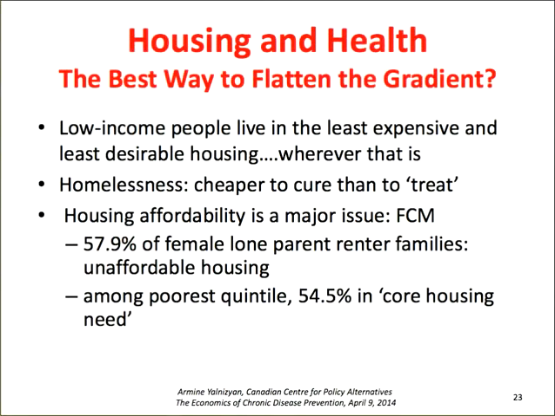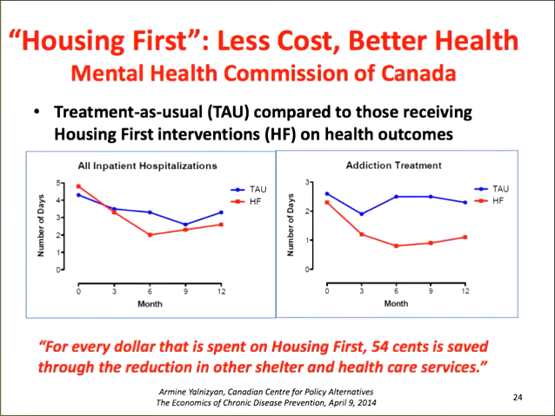There is no national housing policy. There is no national transit policy to deal with the congestion in the cities. Most people land in large cities and stay in large cities. We already had an affordable housing crisis. It's only going to get worse. So Housing First was just in the news yesterday. Less cost, better health. Let's do it. We know that if you leave people alone, compared to those receiving treatment and help through Housing First, we're going to have higher costs. The same story that Dr. Kruger was saying.